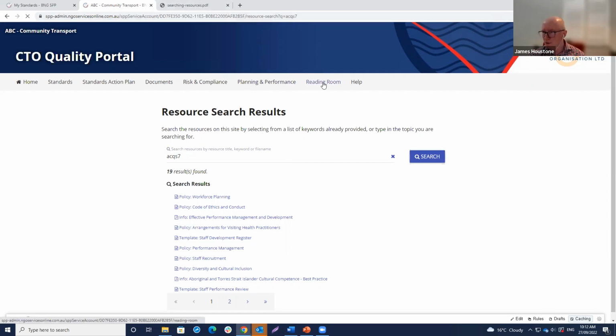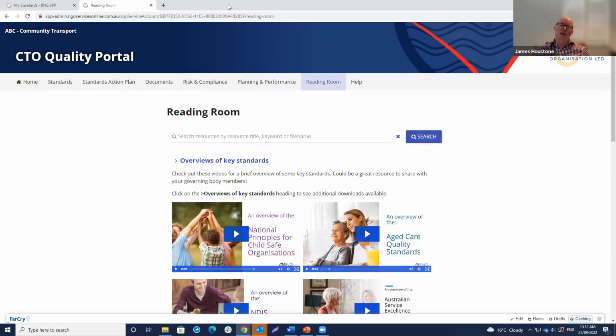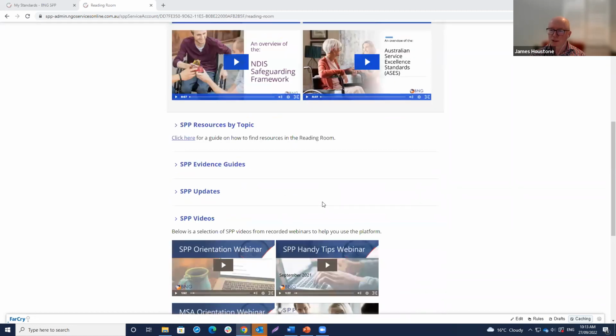Another thing I want to point out, when it comes to resources, is that our content team is currently doing some work around some of the new legislative requirements with those aged care reforms, and they're going to be releasing a number of new resources into the reading room around things like key personnel policies and procedures, a declaration and undertaking from key personnel checklist for providers, aged care governing body legislative obligation checklists, etc. There's a number of interesting new things that will be released, I would say, in the next 2 or 3 weeks. So anyway, that's just a quick look at some of the resources in the reading room.